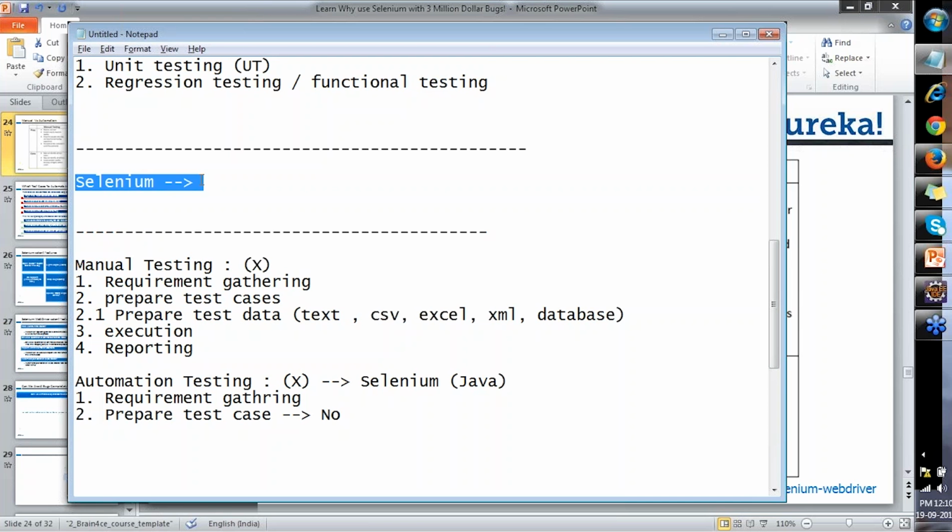If I give the answer for Selenium, Selenium is just an API, just code. It's not a tool. But it's true, it's used for functional testing, but it's not a tool. It's a simple API. I will cover what an API is later. But what is done by Selenium? Selenium is just used to drive your browser. Selenium can only drive your browser. What I mean by driving the browser